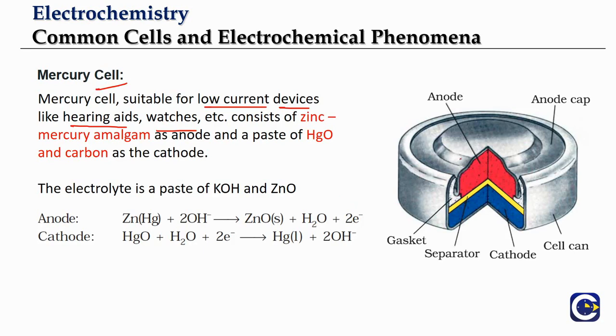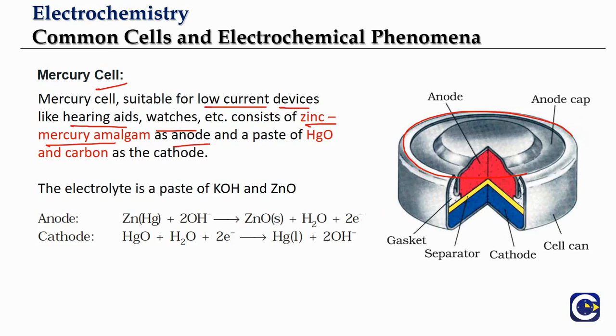And I'm sure you would have seen it. It will be like this small cylindrical kind of a thing of a very small height. You can see circular surface area will be there. The mercury cells are going to come in this particular type of common shape. So what are these mercury cells? There is a specialty about the mercury cells. We'll talk about it. So mercury cells basically consist of zinc mercury amalgam as the anode.